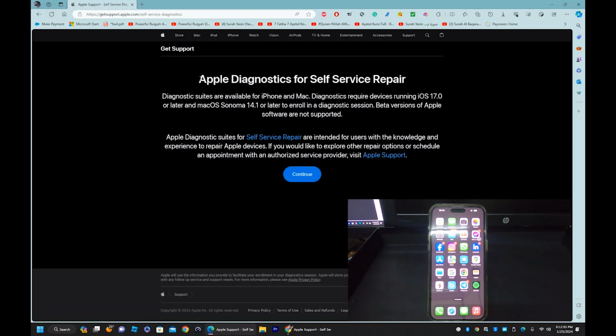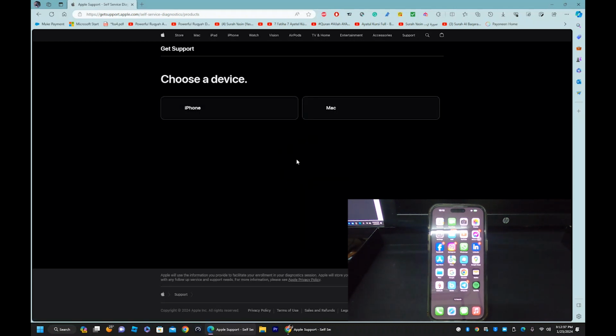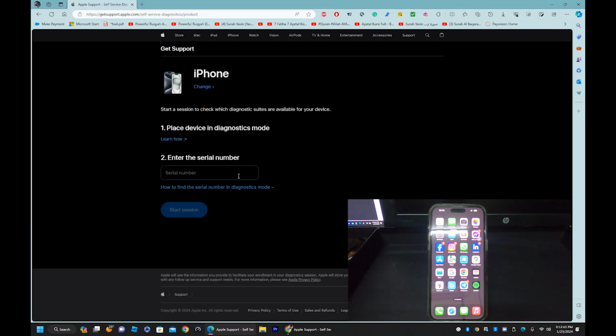Okay guys, so now you can press continue and select the device which you want to diagnose. In my case, I will use iPhone. So here you have to enter the iPhone serial number. The next step is you have to turn off your iPhone. Okay, and wait for 30 seconds, and I will turn off my iPhone,